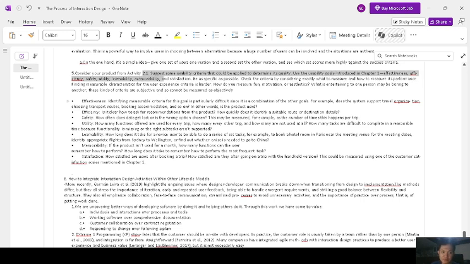Consider your product from Activity 2.1 and suggest some usability criteria that could be applied to determine its quality. Use the usability goals introduced in Chapter 1: effectiveness, efficiency, safety, utility, learnability, memorability, and satisfaction. So this, the efficiency, the safety, how safe it is, learnability, how easy it is to learn, memorability, it's related to how easy it is to remember, satisfaction, how you feel emotionally while doing it. Be as specific as possible. Check the criteria by considering exactly